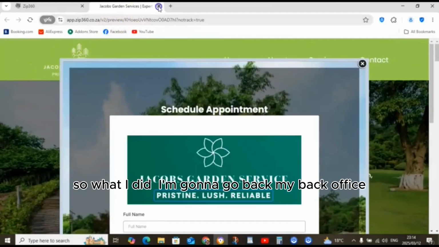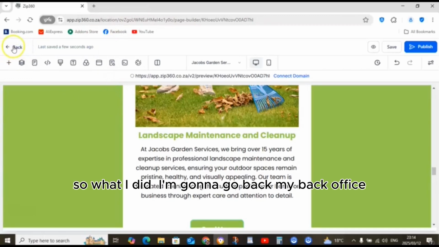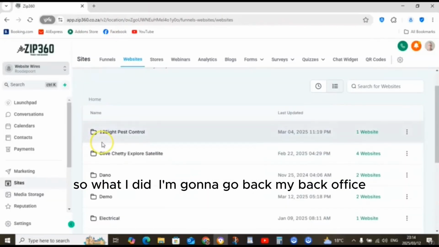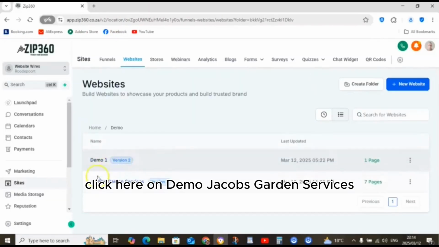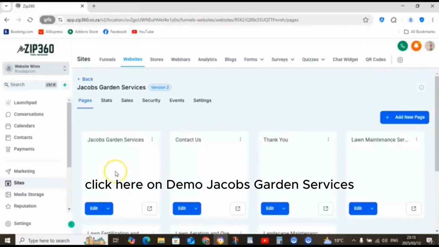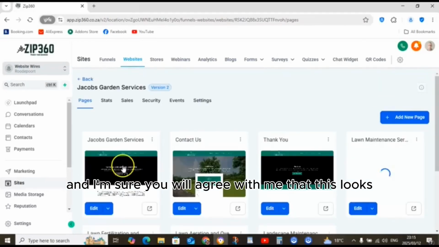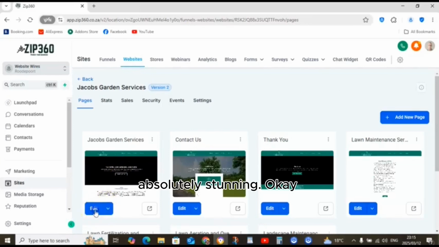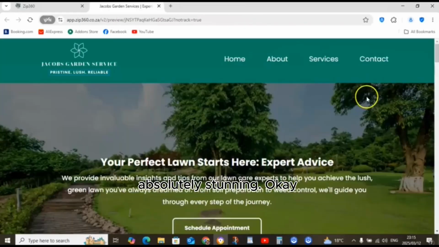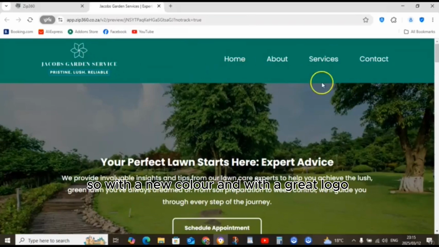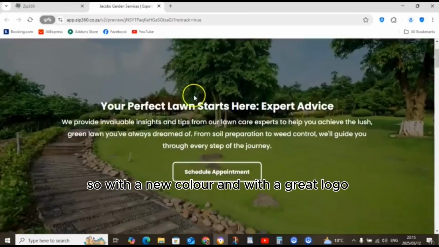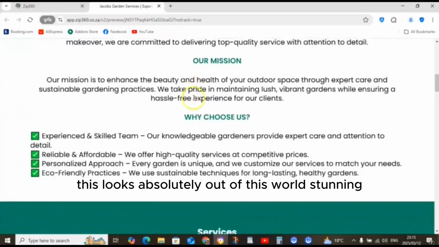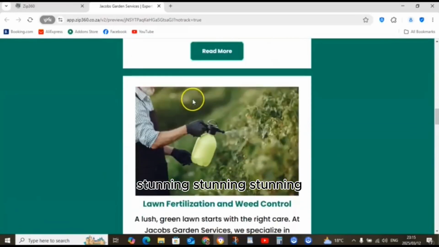Okay, so I'm going to go back to my back office, click here on demo, Jacobs Garden Services, and I'm sure you will agree with me that this looks absolutely stunning. With a new color and with a correct logo, this looks absolutely out of this world.